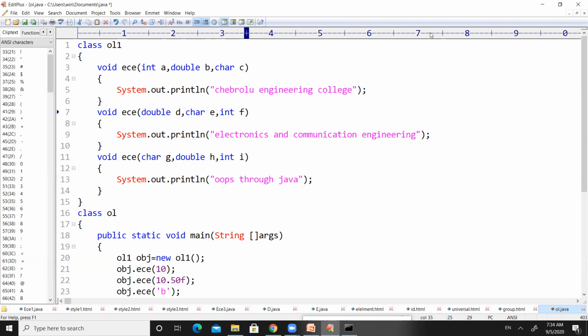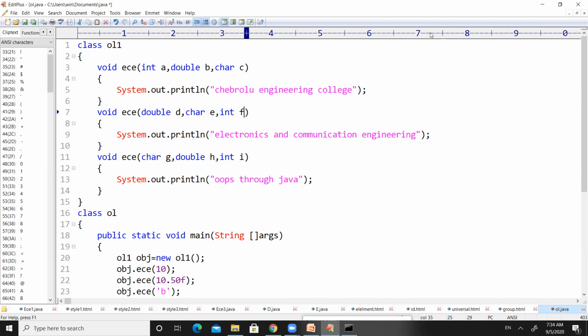in these three methods, the first method contains 3 parameters, the second contains 3 parameters, and the third contains 3 parameters. So there is no difference in terms of number of parameters. And if you observe the type of parameters, the first is having integer, character, double; the second is having integer, character, double; the third is having integer, character, double.